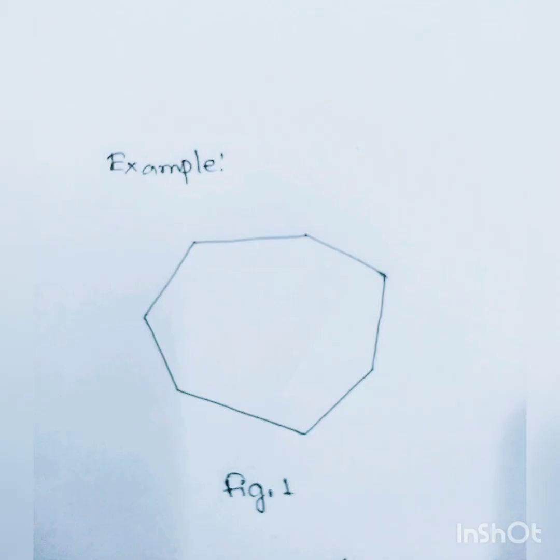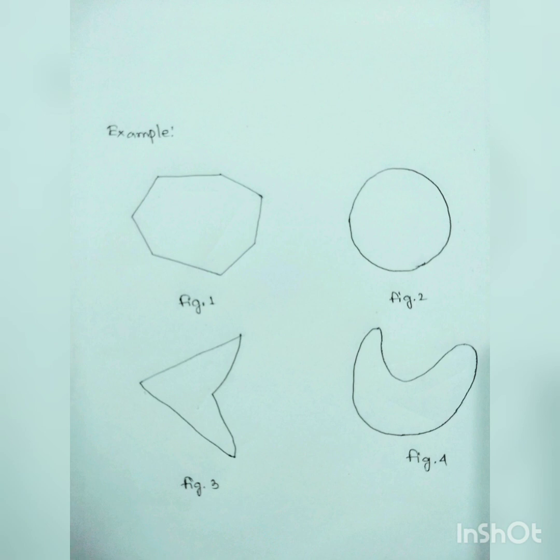Let's see with the help of some examples. Suppose we have this diagram which is a polygon. Now we have to decide whether this diagram is a convex set or not. When we join any two points, that will give us a line segment. If that line segment lies in the set itself, it is called a convex set. Otherwise, it is not a convex set. Let's say another diagrams also, and we will decide which of these is a convex set and which of these is not a convex set. Let's see how to do it.